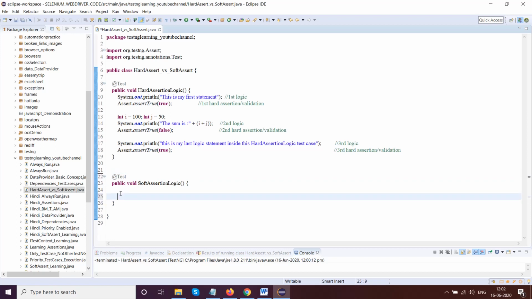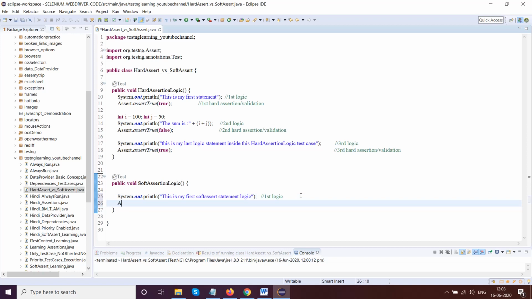Now we'll write SYSO, "This is my first soft assert statement logic." Okay, so this is my first logic for soft assert.